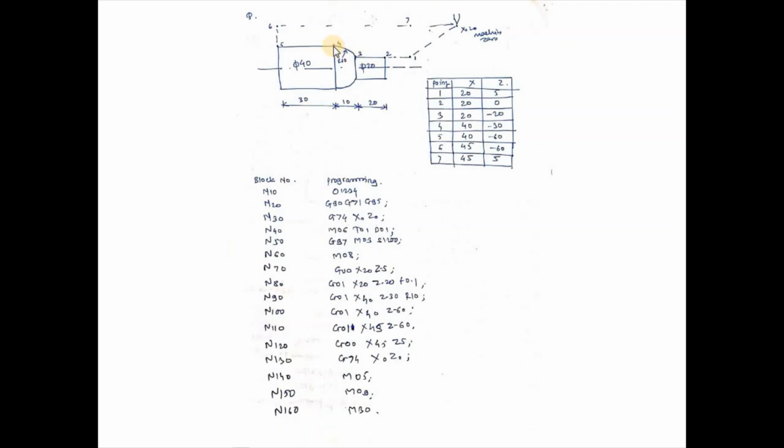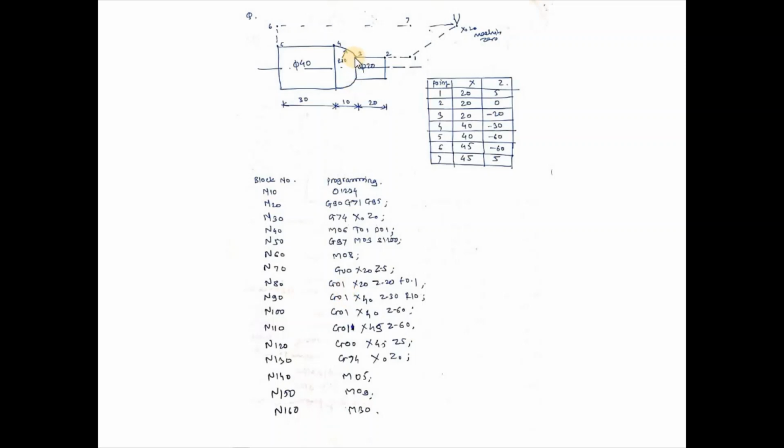Here one circular part is there, and for this we will go one by one. This is our regular process: define all the coordinates, then reference point, then tool change, constant speed, coolant on, rapid travel, first G01. Then after traveling from point 1 to point 2, we have to travel from point 3 to 4 by using which command? Here we have to use circular interpolation, that is G02 or G03. Which one will we use?